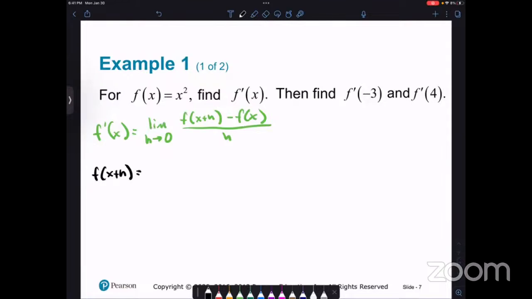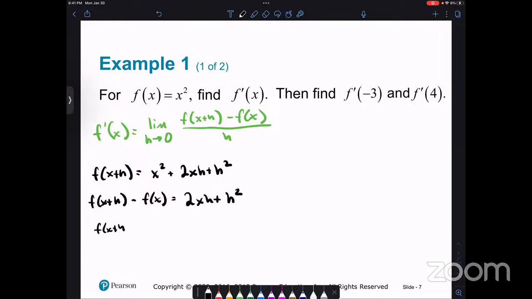Okay, so I think we did something like this earlier. Basically, you're going to square. If you square that binomial, you get x squared plus 2xh plus h squared. I just replace the x with x plus h. FOIL, you get this. We got f of x. So let's go ahead and find f of x plus h minus f of x. If we subtract f of x from the above, the x squareds cancel. This is a repeat of what we had before. We did this just a moment ago, right? So that's our numerator.